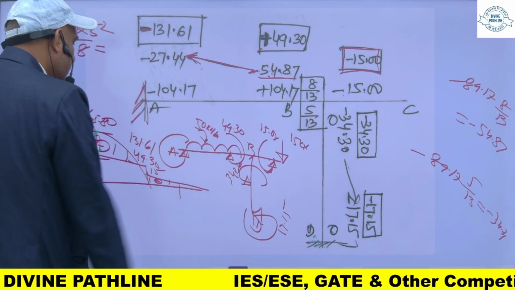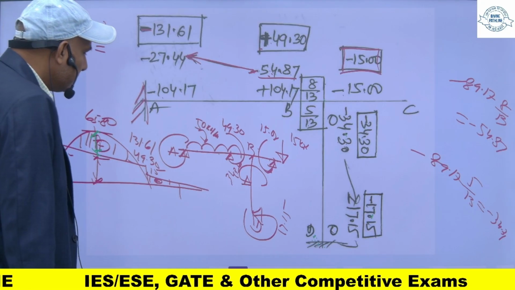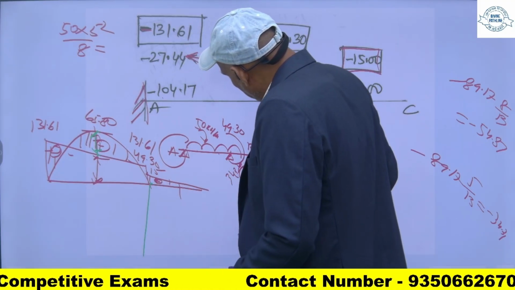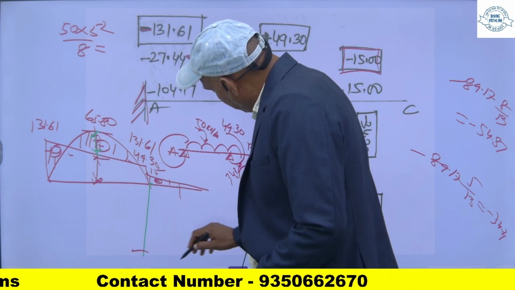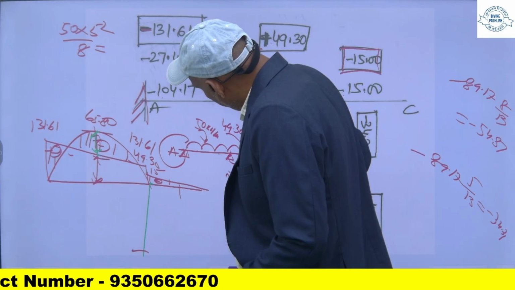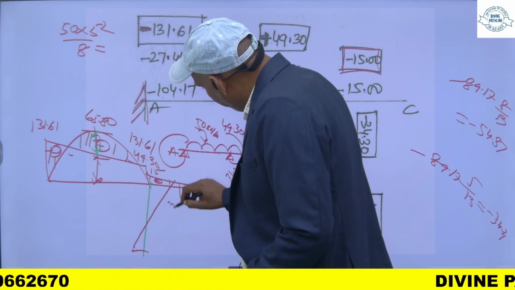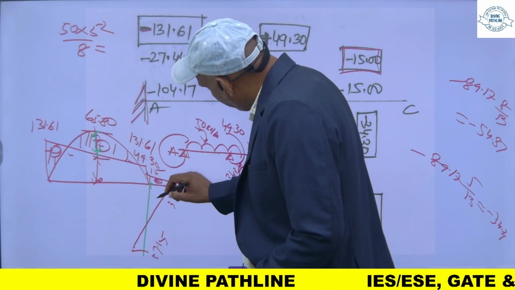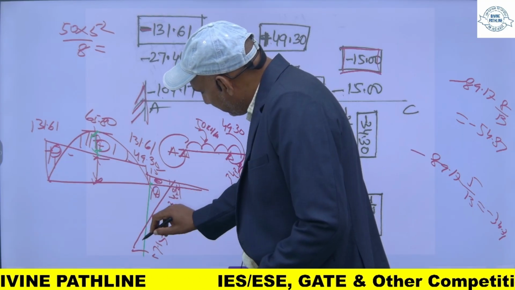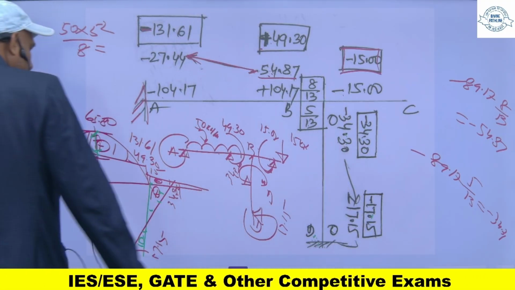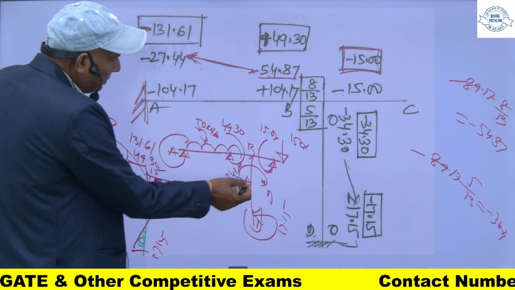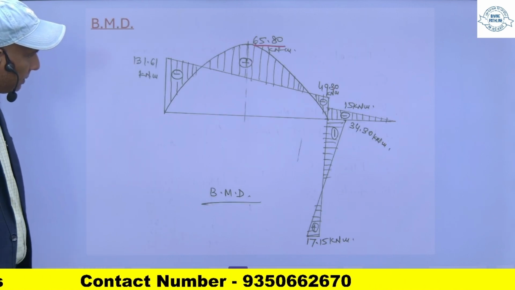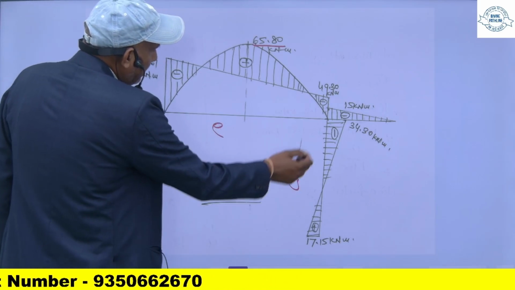अगर मैं इसको इस तरह से देखूं, मान लीजिए मैं इसको यहां से खड़े होकर देख रहा हूं तो ये मेरा सैगिंग हो जाएगा और ये होगिंग हो जाएगा। इधर ये प्लॉट, डायरेक्शन ऑफ द एरो नीचे है तो ये ऐसे आ जाएगा। ये 34.30, ये 17.15। ये सैगिंग इसको ले सकते हैं, यहाँ से खड़े होकर देखेंगे तो ये सैगिंग हो जाएगा और ये होगिंग है। अगर मैं इसको यहाँ से खड़े होकर देखता हूँ तो ये होगिंग हो जाएगा। तो any of the sign convention you can follow। अगर इसमें मैंने यहाँ से खड़े होकर देखा फिर यहाँ से तो ये होगिंग हो गया, ये सैगिंग हो जाएगा।